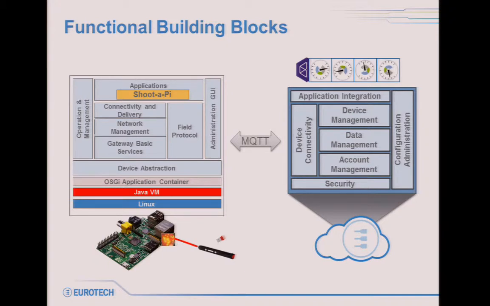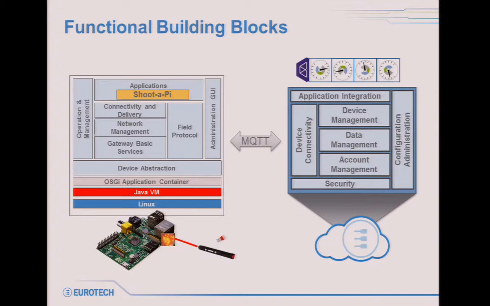Then the other building blocks of Kura are here. There is an administration user interface that is exactly the same web application that you find when you connect to the cloud. So when you are local, you can connect via cable or via Wi-Fi to the local gateway, to the local Raspberry Pi, and do your configuration locally. When you are remote, you can do it remotely via cloud. And Kura and the Everywhere Cloud are in sync via MQTT.